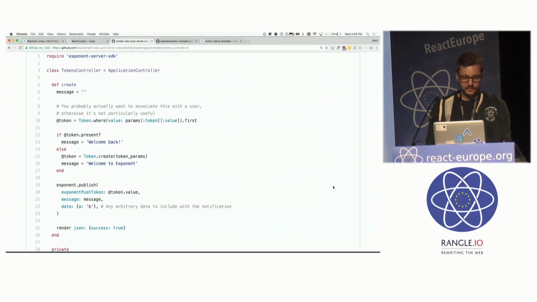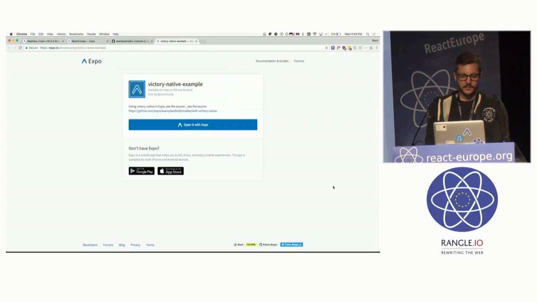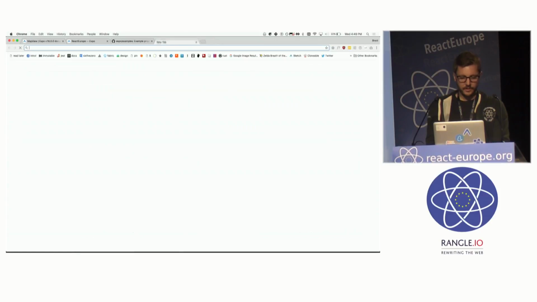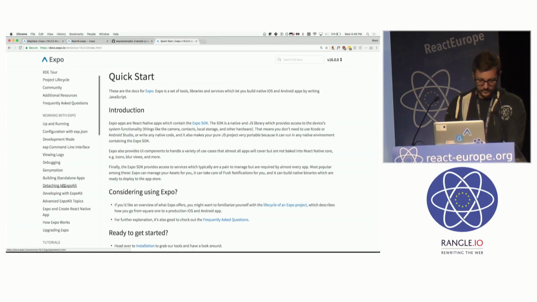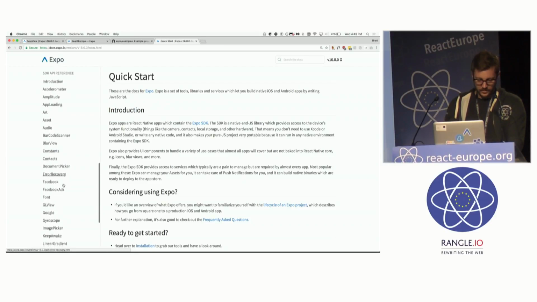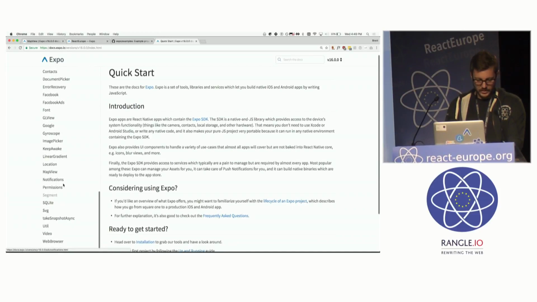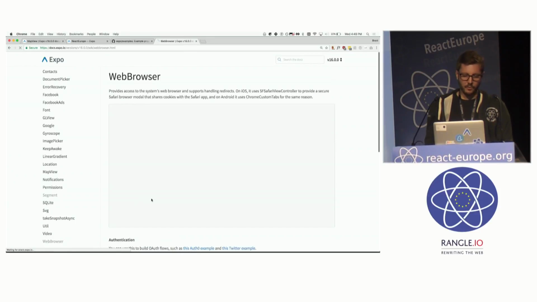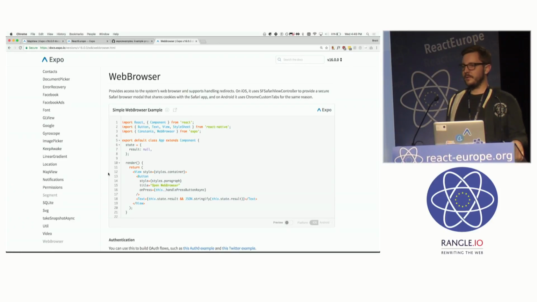What else is there? Let's look at the docs for a second. Wrong one. Local notifications is another thing. Actually, it's probably worth talking about web browser a little bit too, because something that's often quite confusing for people